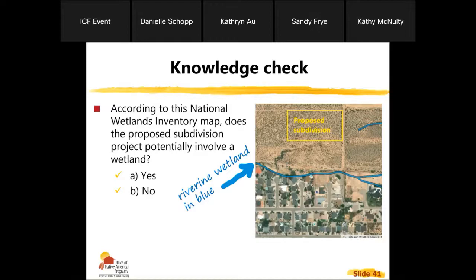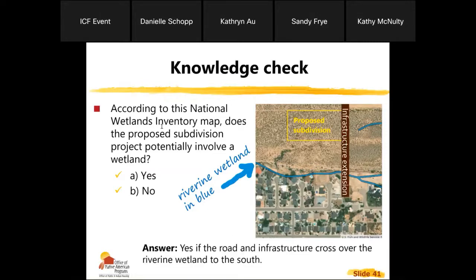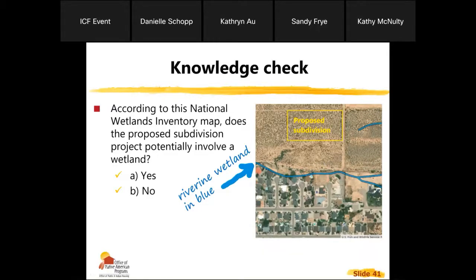Okay, this one had mixed responses. A bunch of you said yes, and a bunch of you said no. More yeses than nos. This one, we don't have complete information about the project plan, but just based off of the map, I would say yes if the road and infrastructure cross over the riverine wetland to the south. I can't tell from the proposed subdivision map where the infrastructure is going to go, but logically